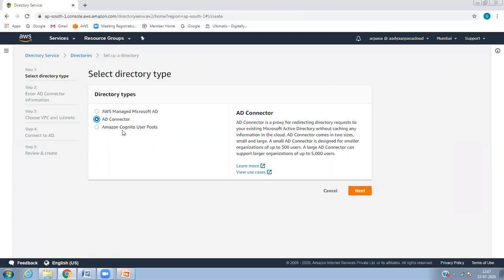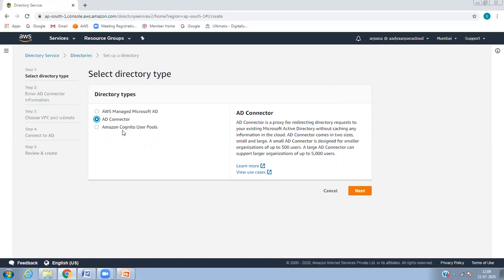For example, Yuvraj is running an organization where he has 10,000 users or 5,000. Name it as 5,000 users. Okay, so you want to move all these users to cloud AD. But how to move? It's very difficult to move the entire on-premises users to the cloud.